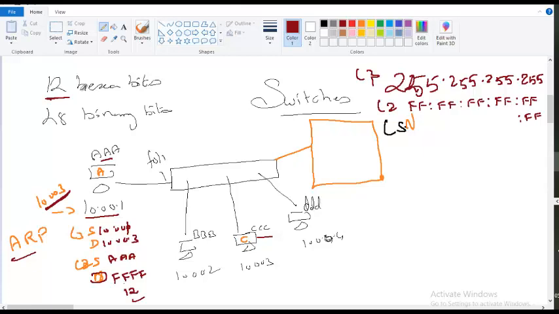So this is what is called as layer 2 broadcast. Now it puts the layer 2 broadcast address and sends the ARP request. As this packet enters this port,